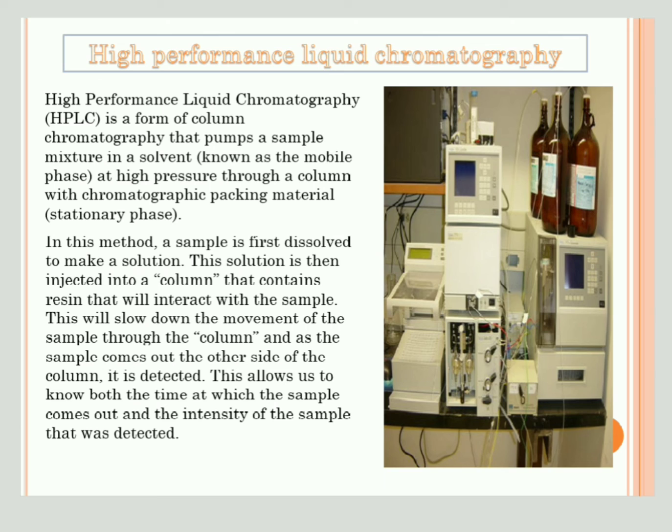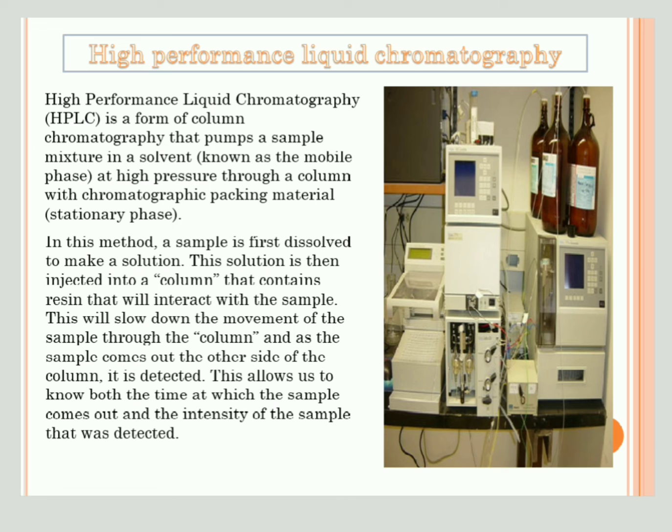This causes different elution rates for the different components and leads to the separation of components as they flow out of the column. Compared to column chromatography, the technique is much faster due to the pressure. Then there are two types for high pressure liquid chromatography: reverse phase and normal phase. In reverse phase, the column size is the same.